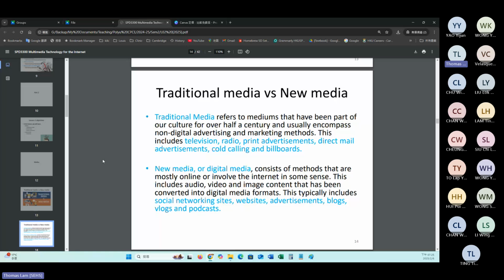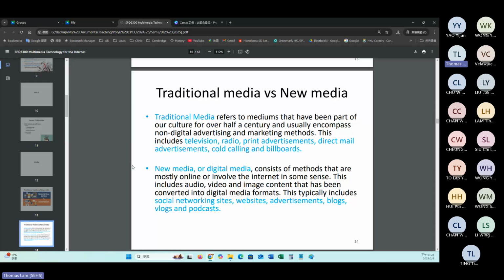The obvious examples are non-digital devices like the old TV or the old radio, print advertisements, direct mail from your mailbox, cold calling, or the big poster we call the billboard on the building. So this is the traditional media that we experienced in the past.